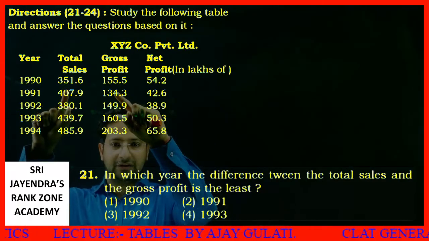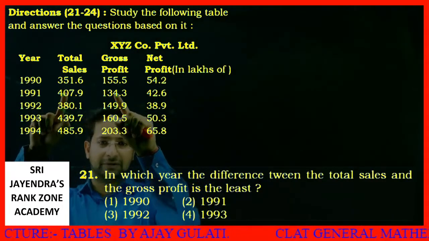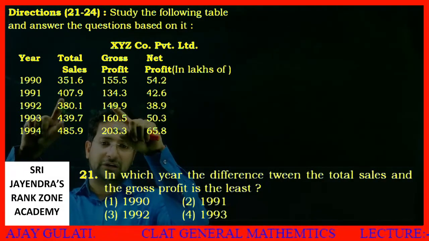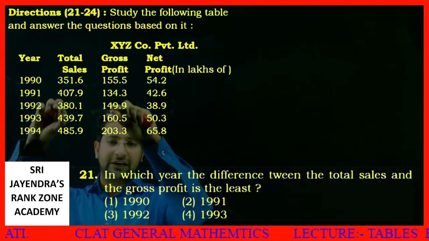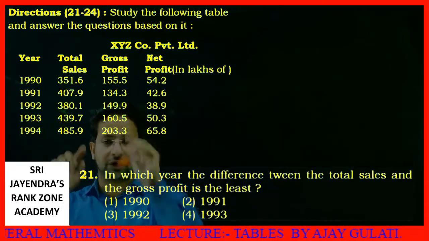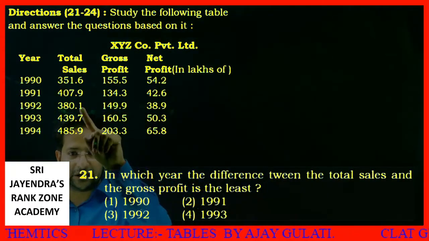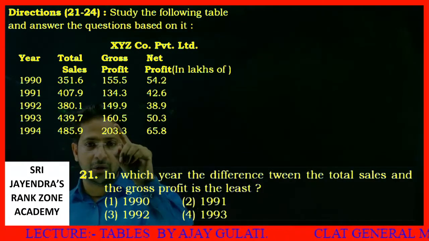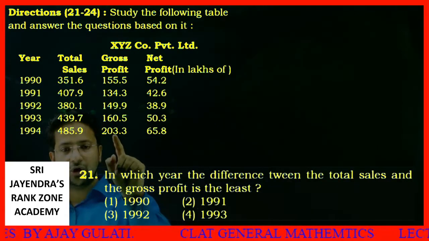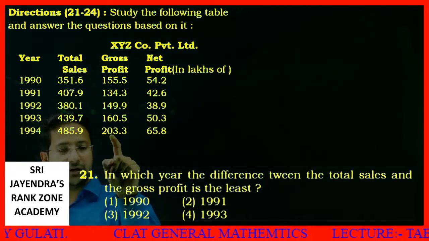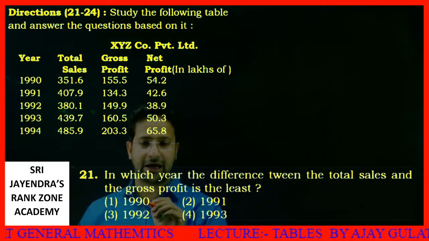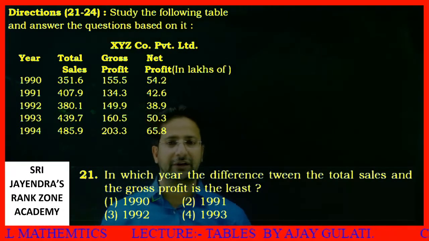Then see, this is too much difference. 380 and 149. 149 plus 200, 349. This is more than 349. See here the difference, the first option, the difference was about 300. I am checking which options show a difference of 300. 149 and 380. The difference is more than 200. 160. If you add 200, you will get 360. But here the number is very big. If you add 200, you will reach 400. But here the difference is even more. So which year? 1990 is your answer, dear students. Got it?